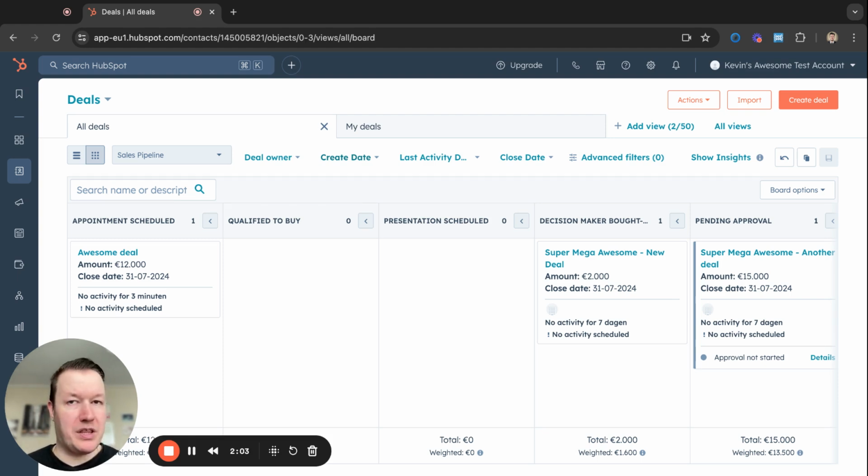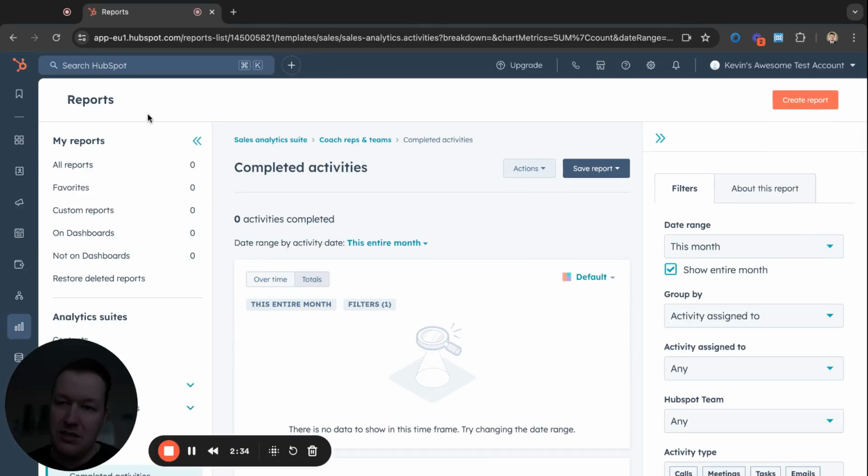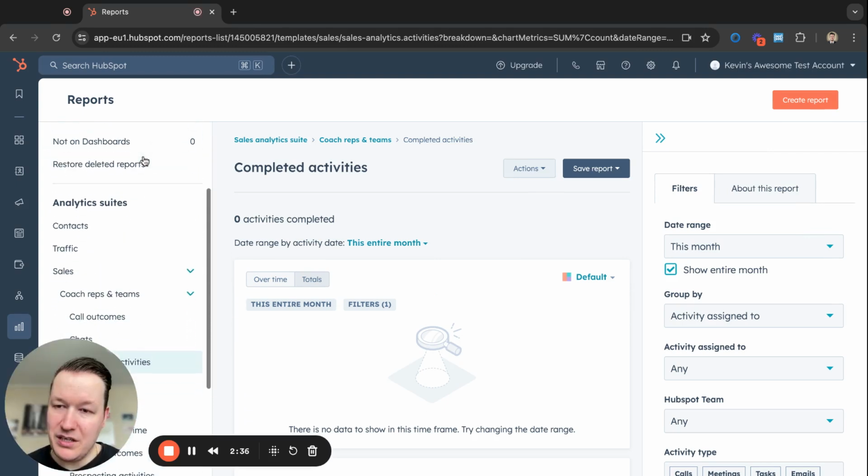And if you ever work with Salesforce, it has a very comparable feature. I think it's also called snapshots, where it really takes a moment in time and presents you that state of a certain object or a pipeline. And HubSpot does the exact same thing, but again, it's kind of hidden, so you have to know where to look. It's actually visible under the sales analytics link in the menu, and you have to scroll down